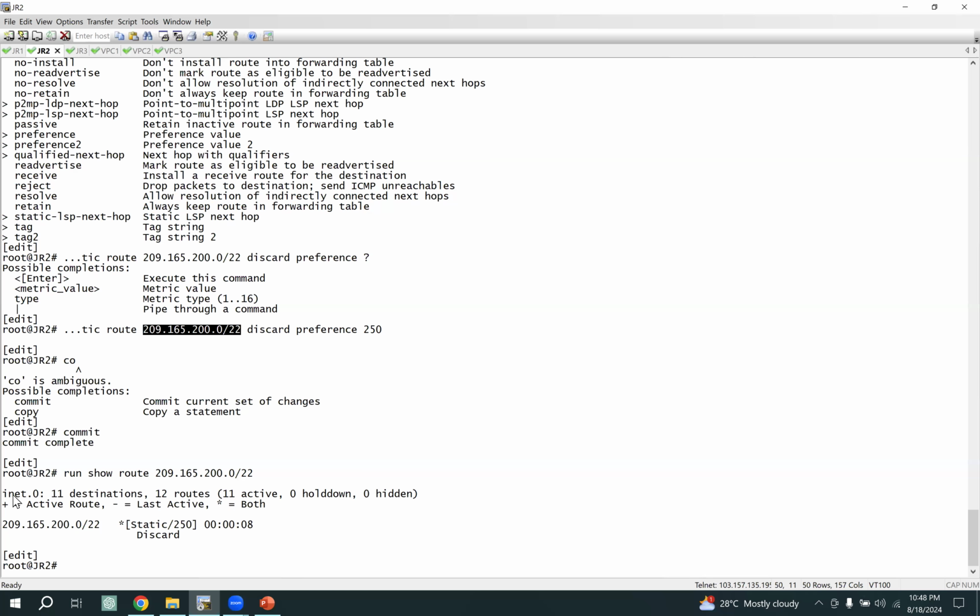See here, this /22 route is installed in your route table. It is static, the preference is 250, and the action is discard. So if I make a policy,